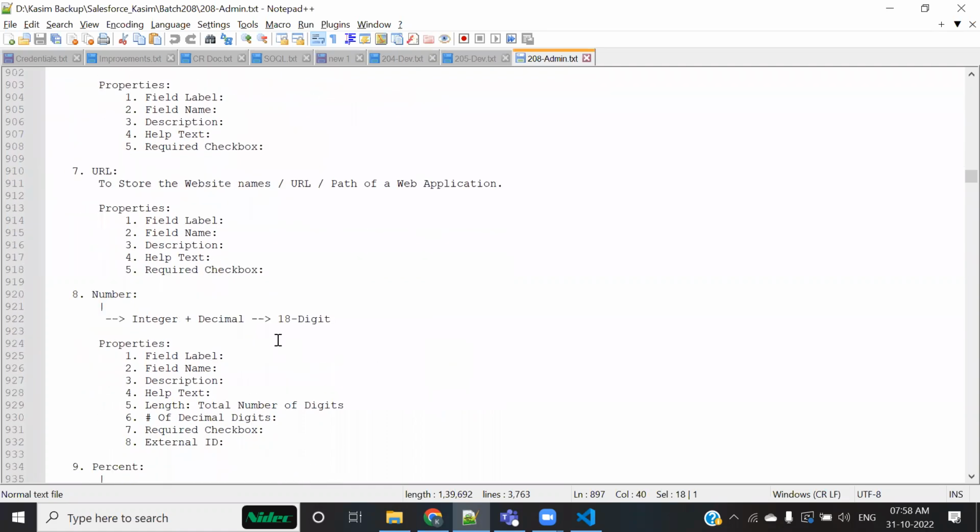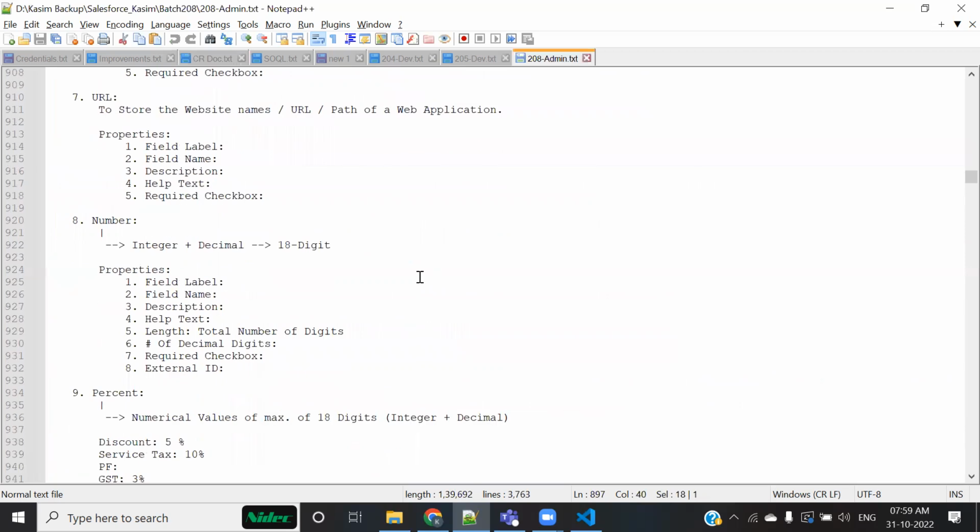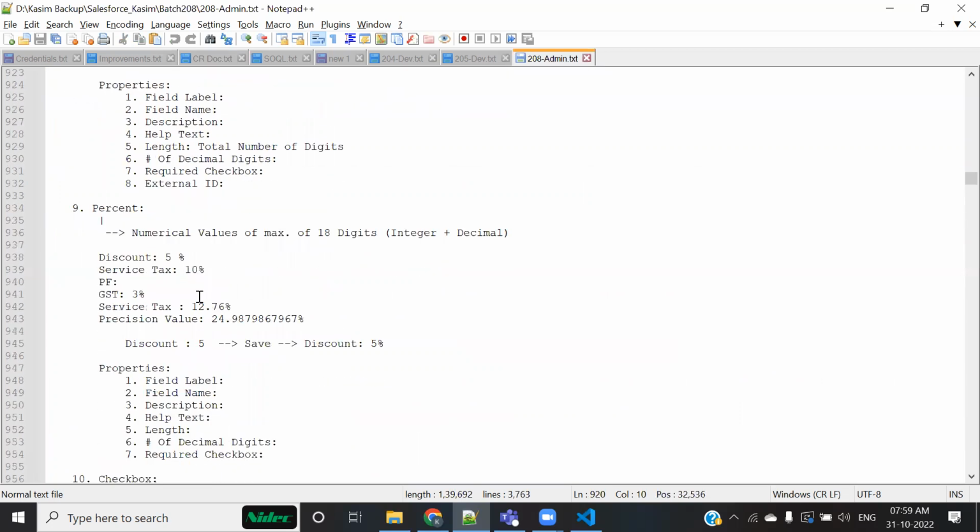The next is URL. If by any means, by any requirement, you wanted to store hyperlinks, then again, there is no need to define text for this. You have a separate data type called URL, and a separate data type for number, for person,